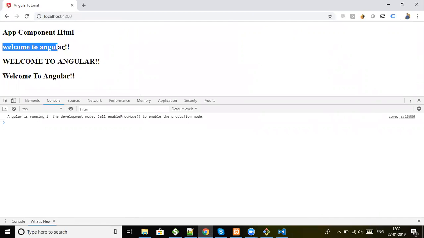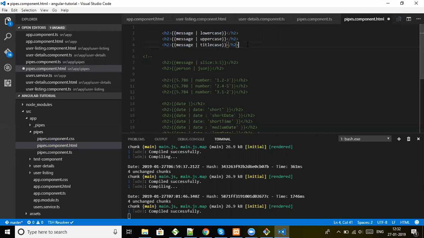So as you can see, welcome to Angular. First one is lowercase, second one is uppercase, and third one is title case. So it works perfectly fine. Very simple, these three pipes. Now I'll just comment these out. Let's look at